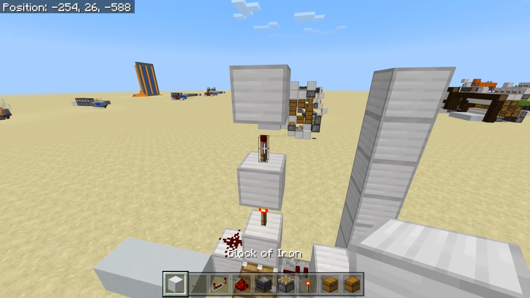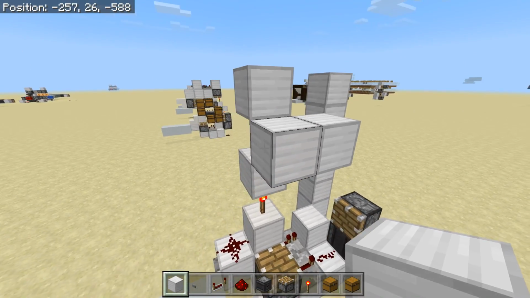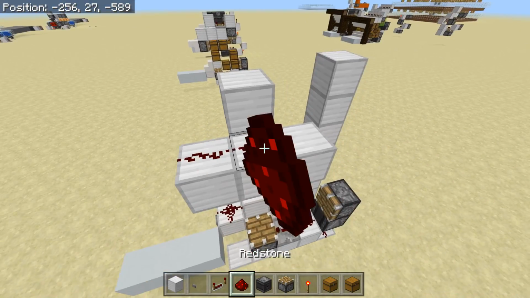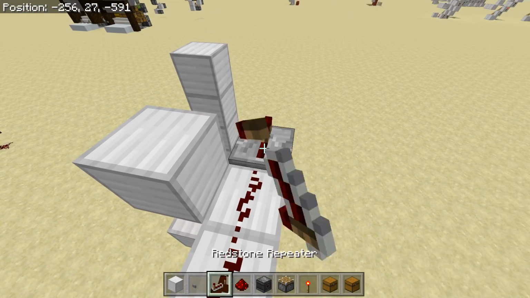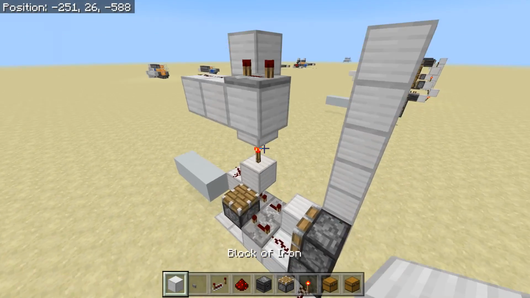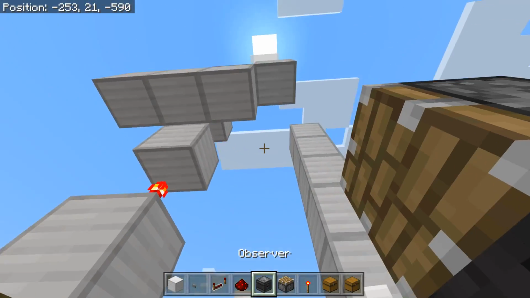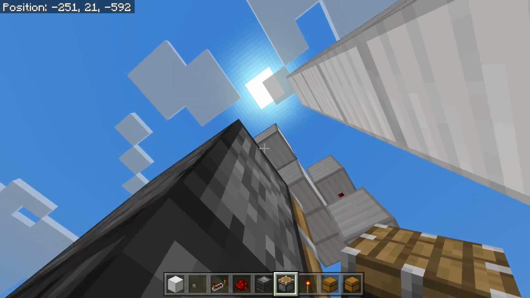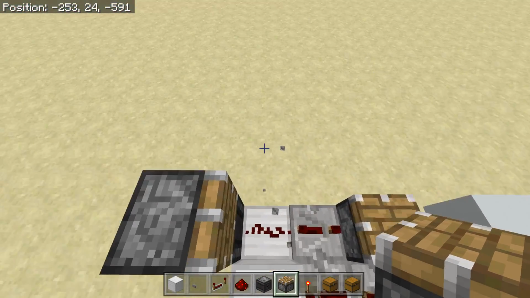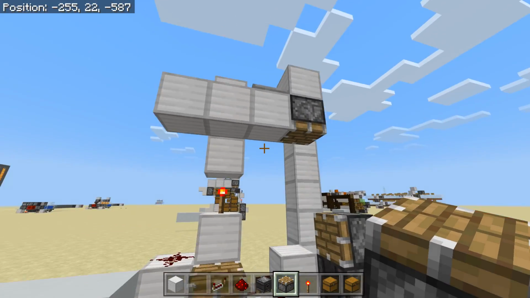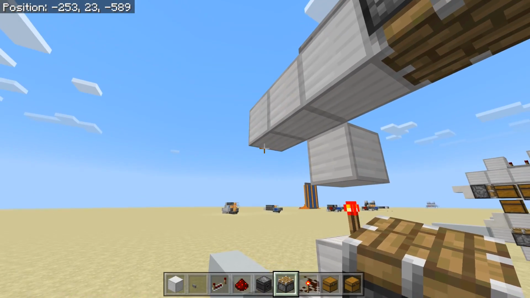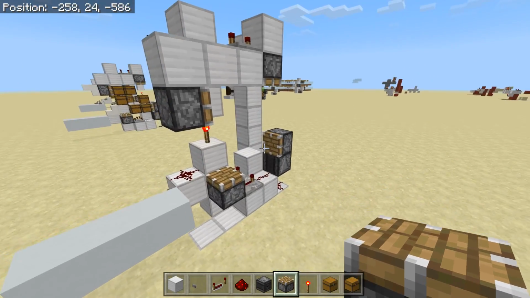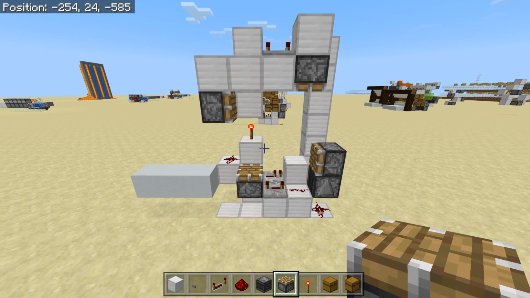Alrighty, so go up to the top and you want 3 blocks along right here. So the center block should be lined up with that pillar, and then redstone dust on these 2, and a repeater on 4 ticks right there, going into a block, and then a downwards facing piston, and see if you can actually place that dang thing. There we go. Jeez, it shouldn't be that hard. And then you want a backwards facing normal piston right there, and that is actually the entire piston feed tape